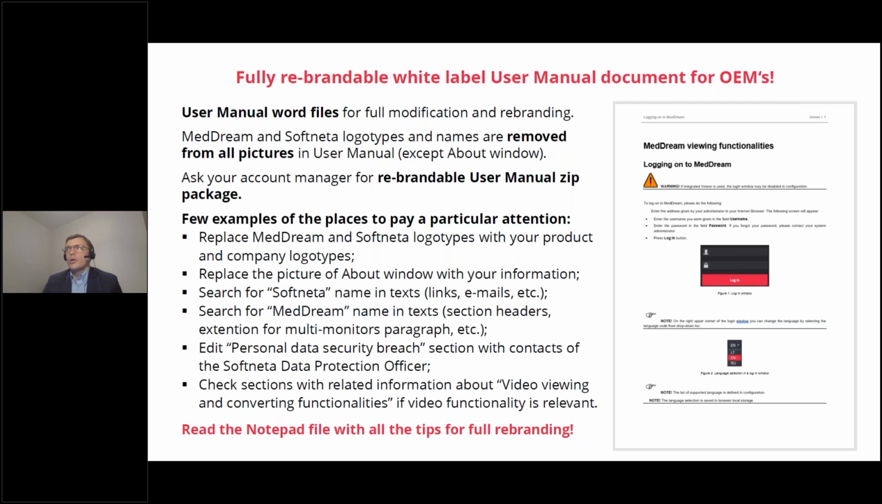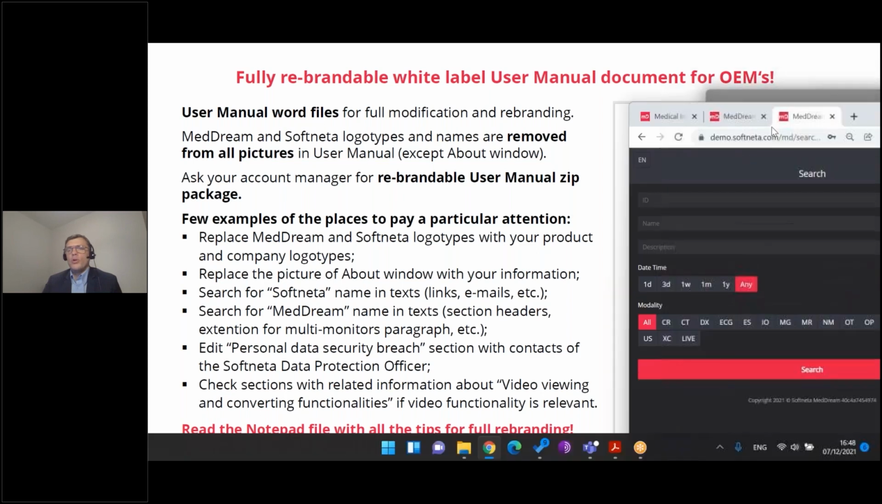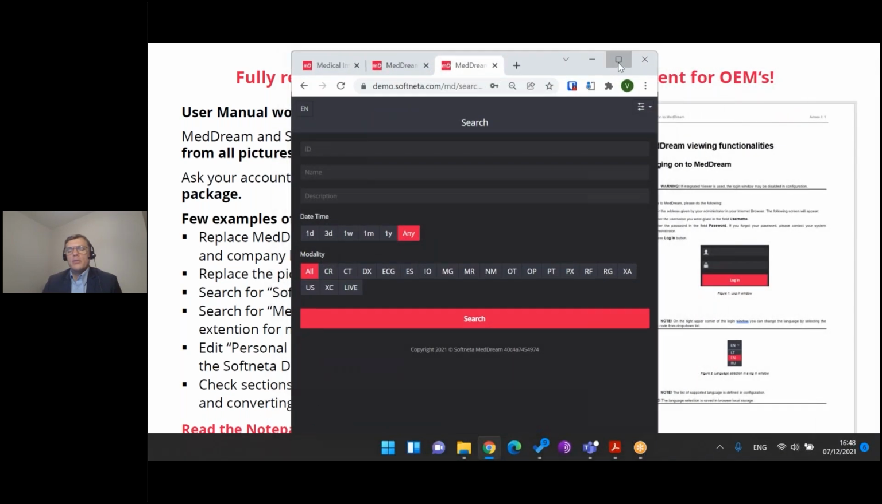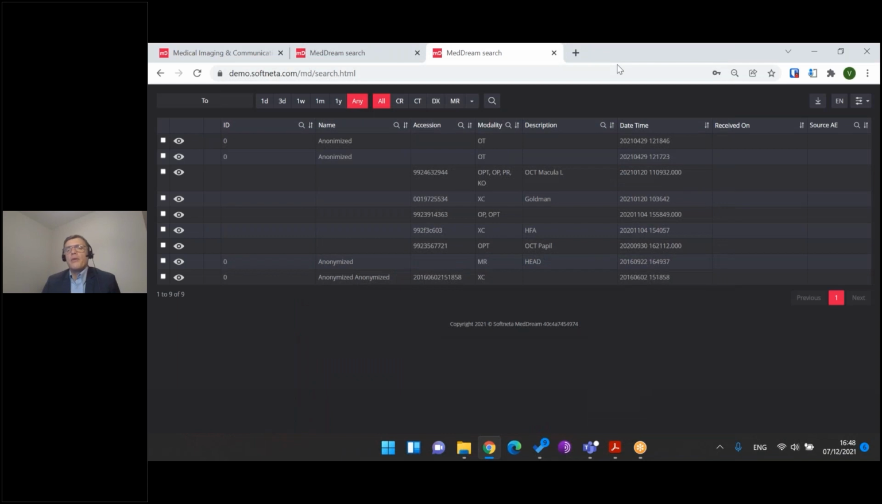Now I would like to go to the live presentation. I will start from ophthalmology, because ophthalmology was always a part where we were really strong, but still not finalized. So here we have some sample data from ophthalmology